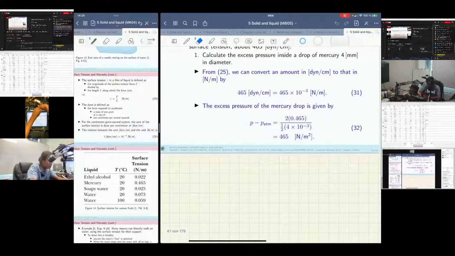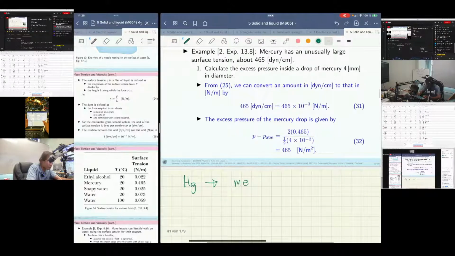Hg is chosen as the material, so Hg is mercury. From the table on the left side you can see that gamma, which is surface tension, gamma Hg